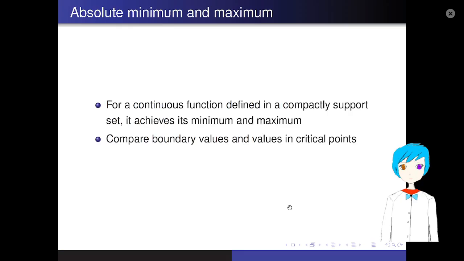However, for continuous functions, we can talk about their absolute minimum and maximum on a compactly supported set. So if a continuous function is defined on a compactly supported set, it achieves its absolute minimum and maximum on that set. So how do we obtain those absolute minimum and maximum? We need to compare boundary values and values at critical points, and then determine the minimum and maximum